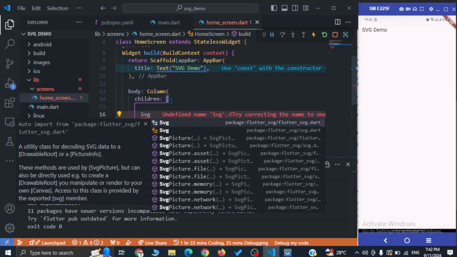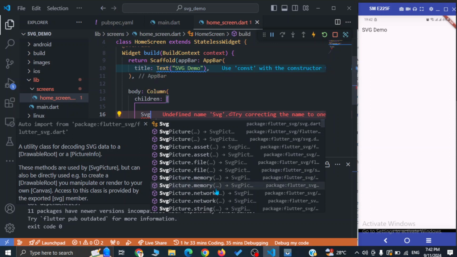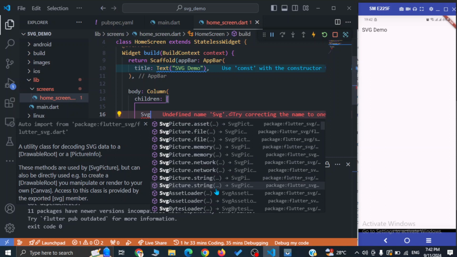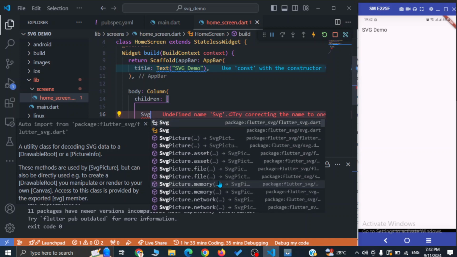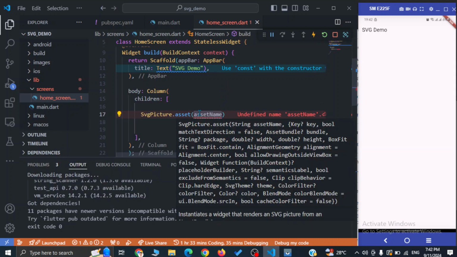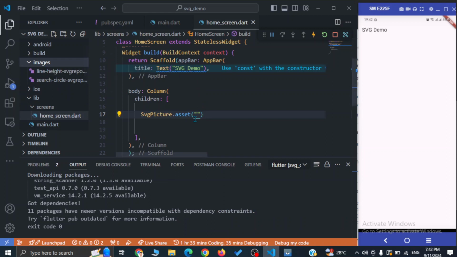Okay, so first like you can use SVG picture from different fields like asset, file, memory, network. Okay, just like image widget, or you can use SVG picture from the string also. So you can explore all these later. Okay, so first of all let's go with the asset. Just use SVG picture.asset, and you have to provide a asset path here. So for us our asset path is images slash,